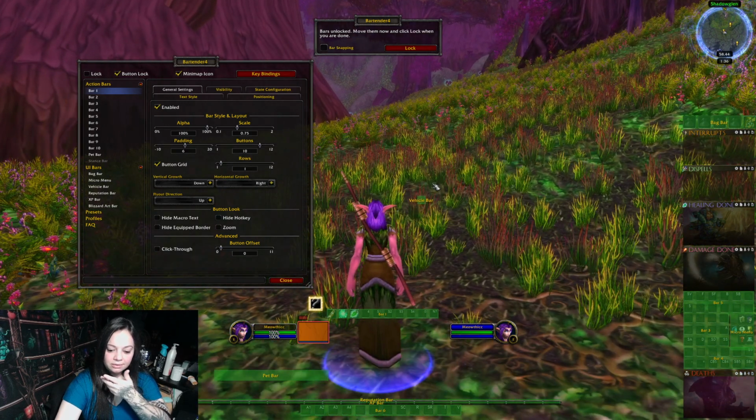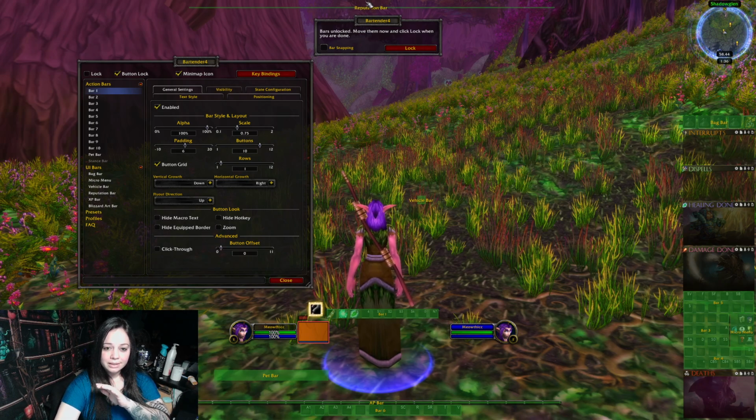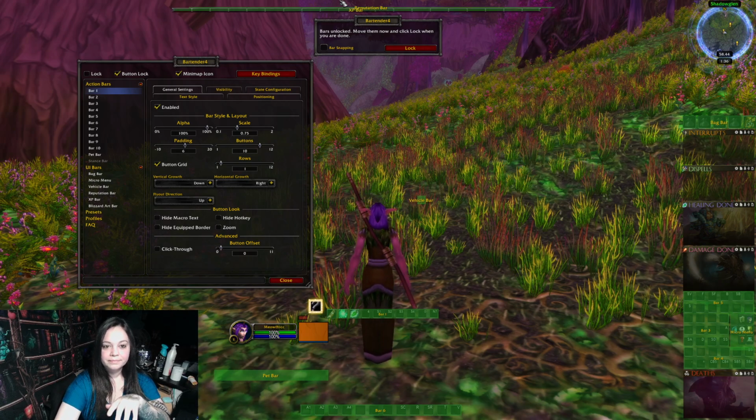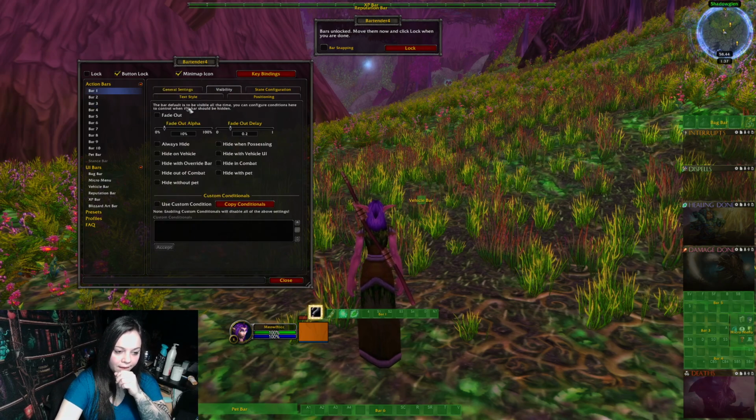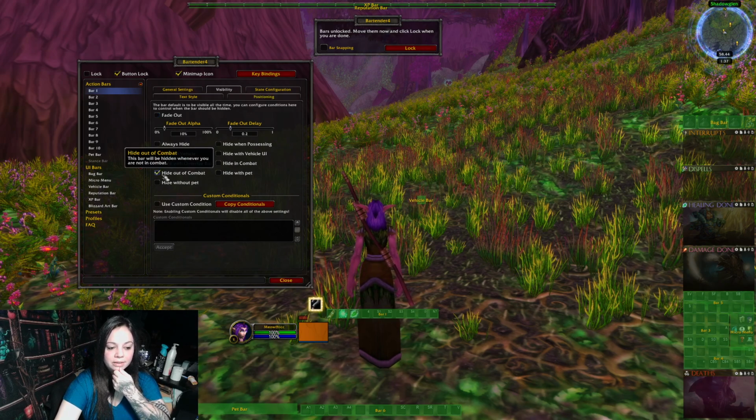And now let's say I don't ever want to see my combat bars. I want my UI, other than the bars on the side, I want everything to be invisible unless I'm in combat. You can do that. So if I don't want to see any of my combat bars unless I'm in combat, I can set it that way. So you want to go to the bar settings, and go to visibility, and you can put hide out of combat,